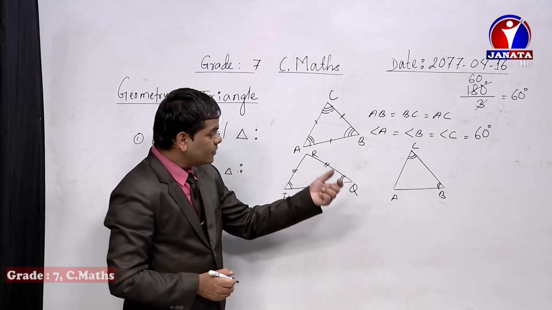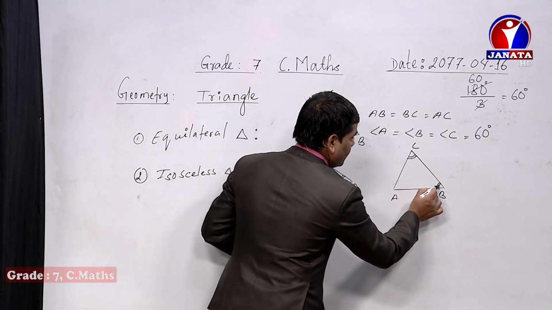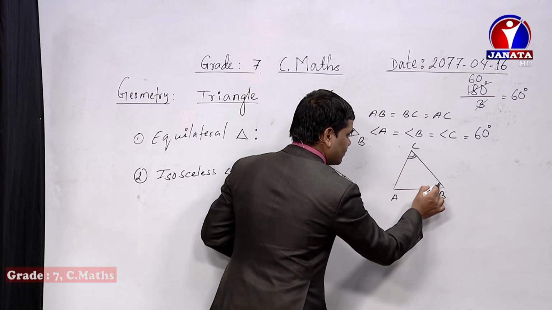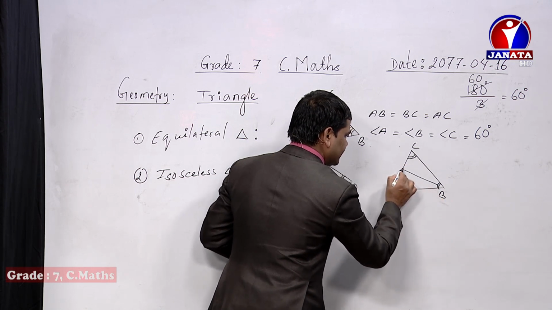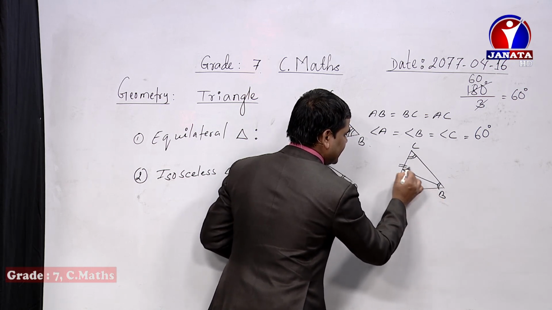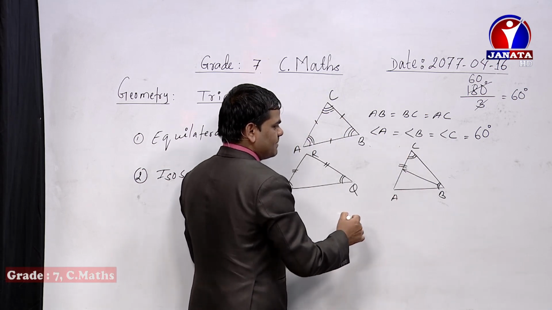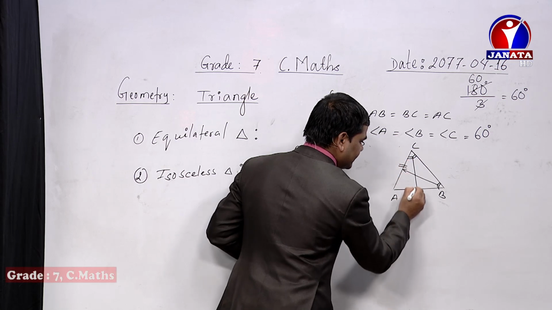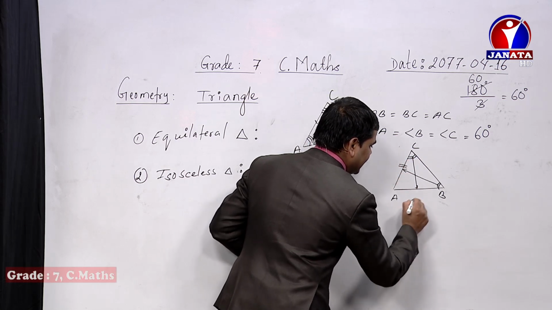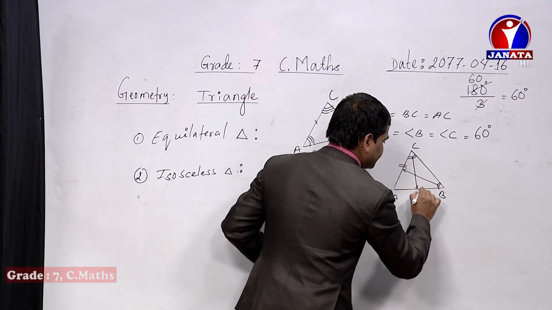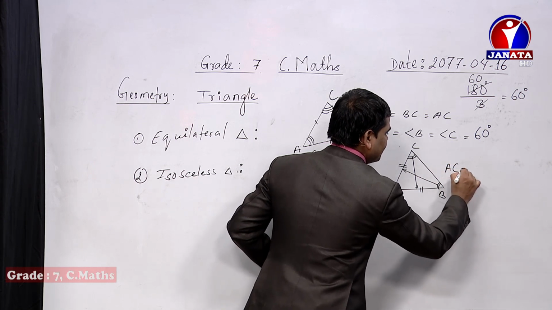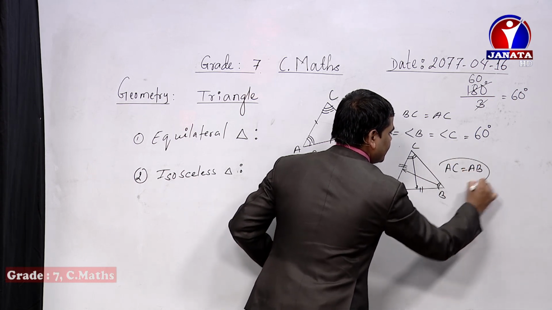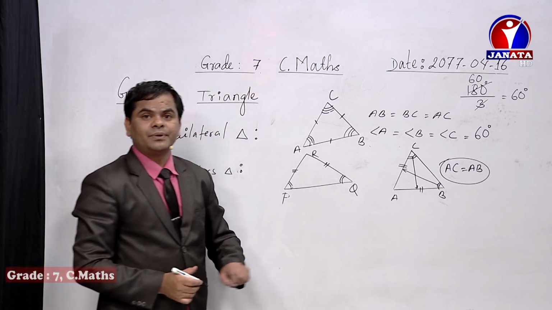According to this figure, this one angle and this one angle are equal to each other. So opposite to this one is this side. It means now AC is the side equal to which one? Opposite to the other equal angle, it means this one, then AB. In this figure, dear student, AC and AB are equal to each other, as well from the angle point of view, if you see.